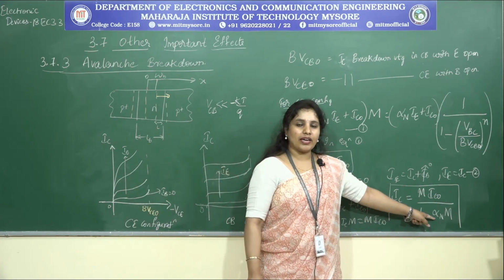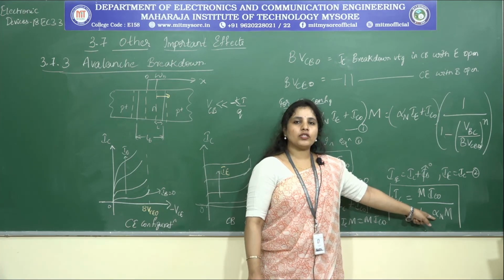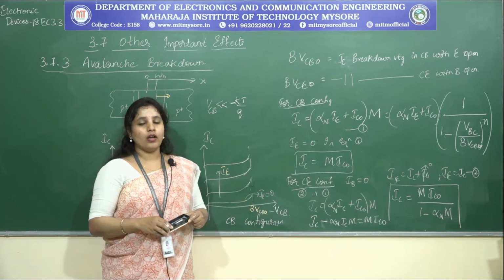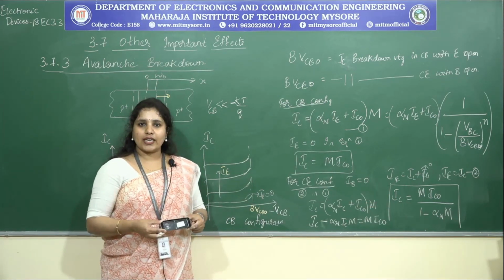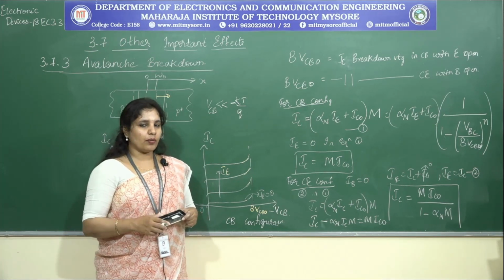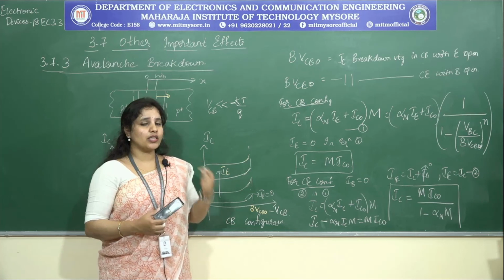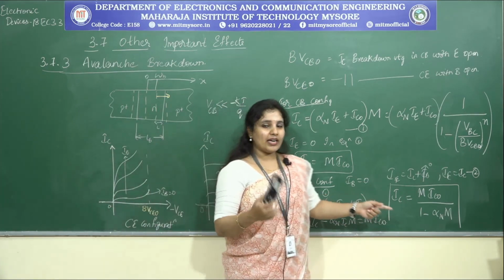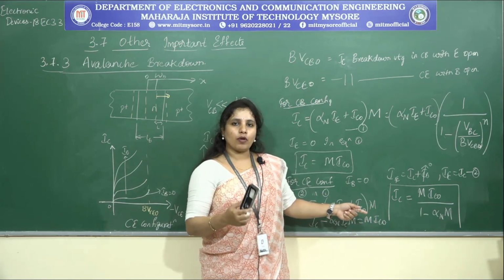Done? Now, as you can see in this particular equation, what is alpha? It is the current transfer ratio, which is observed in the normal mode, right? Which is approximately equal to unity, 0.99 will be the value of alpha. What happens to the beta value if that is the case? Even the beta value will be very high. Those are the key points that you have to remember. What happens to the current transfer ratios in these cases? For beta it will be very high, whereas for alpha it is approximately